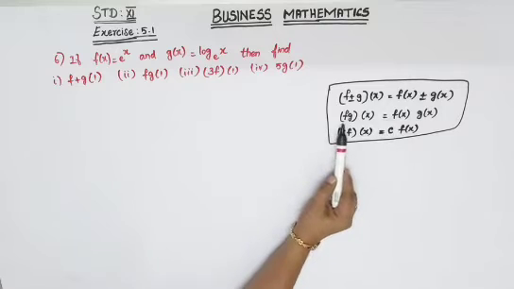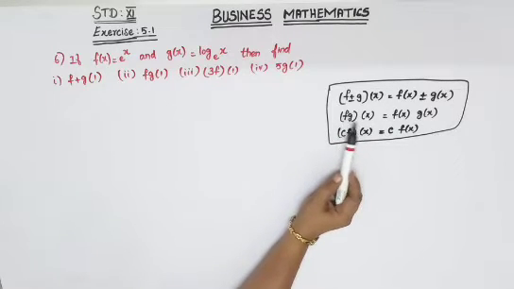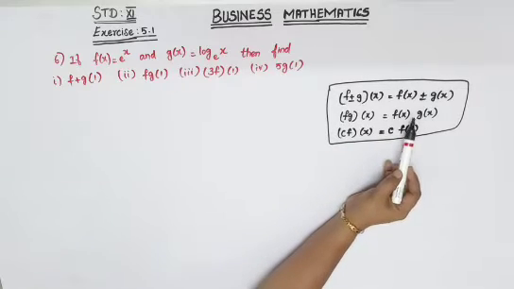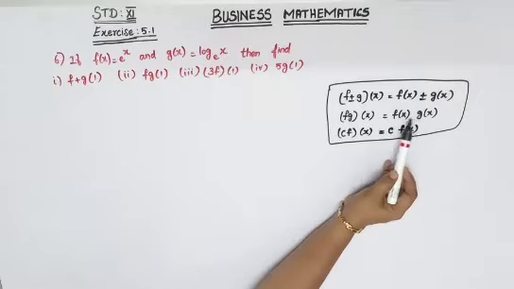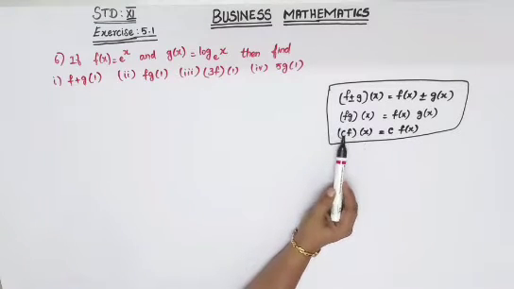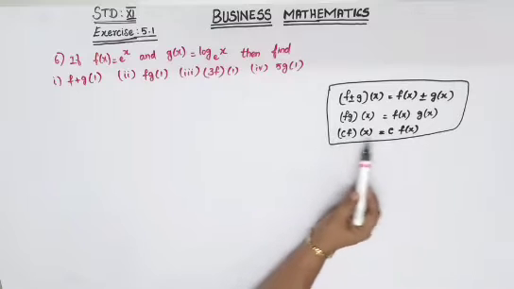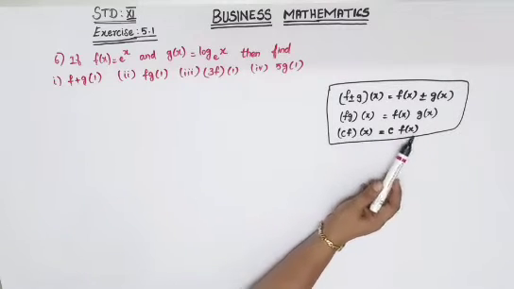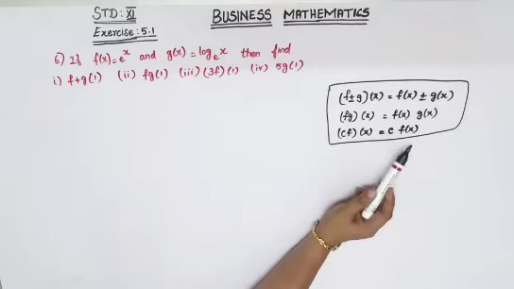And the second formula is fg of x, that is in multiplication. So you can split your f and g separately with x. You get f of x into g of x, where nothing is there means into is there. If you have c f of x, c is your constant, so you can remove your constant separately outside and club your f of x together. So these are the formulas we can use here.